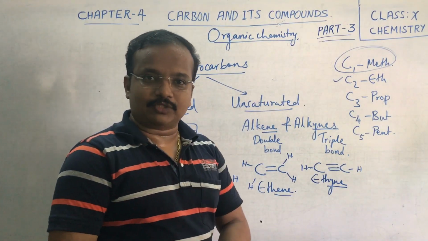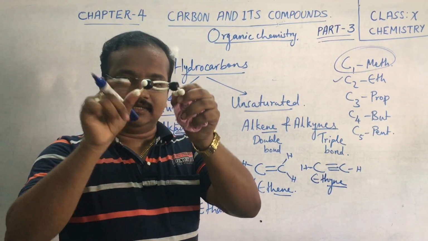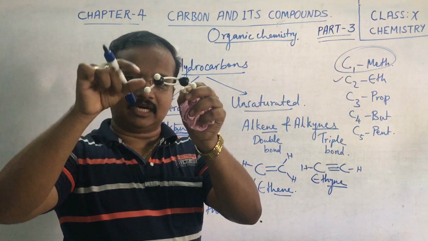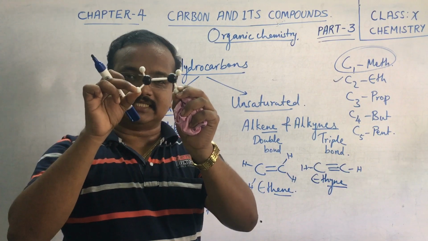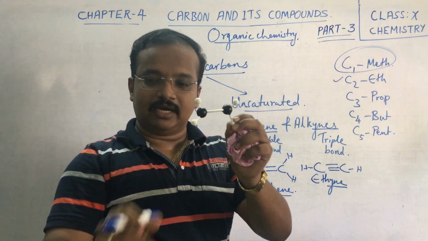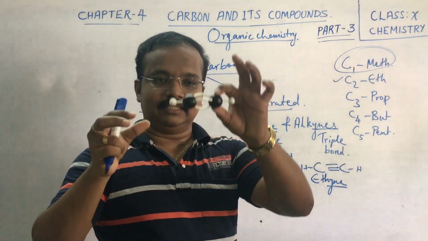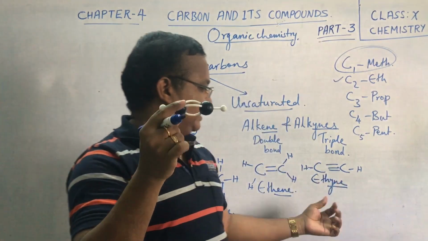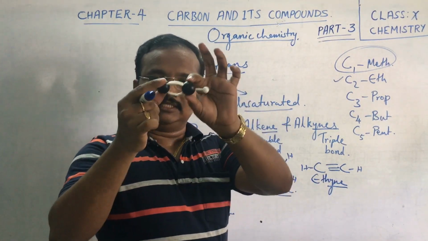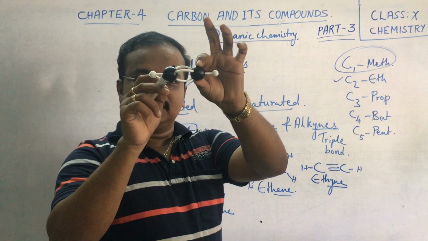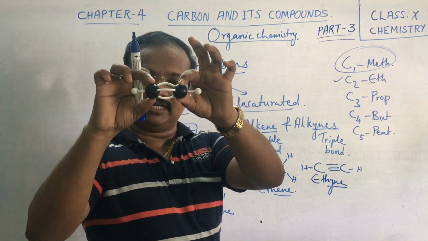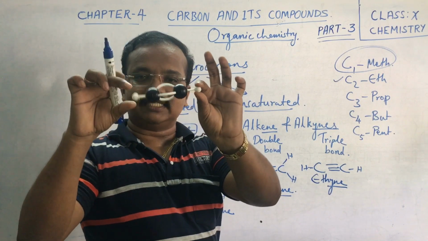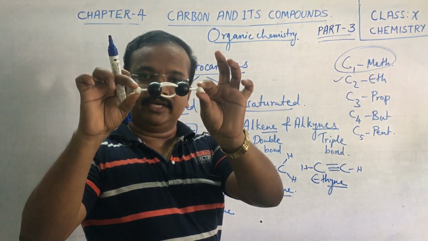Clear? I will show you some models. See here, this is the double bond between carbon, and the other two are satisfied by hydrogen atoms. Now this is our ethyne. Ethyne is triple bonded, carbon to carbon. Three valencies are satisfied by the triple bond,